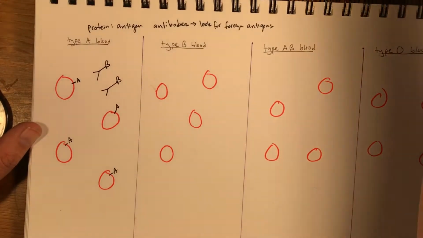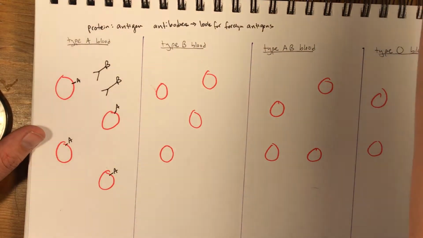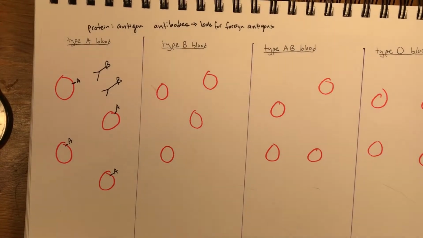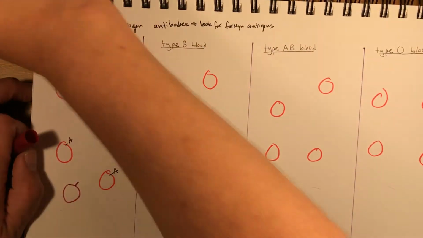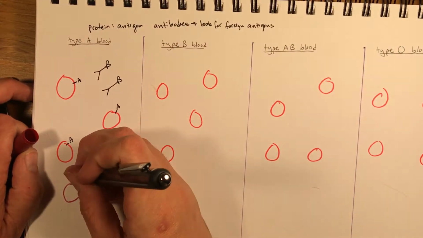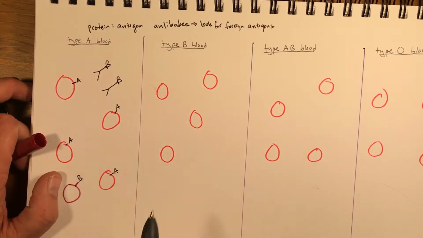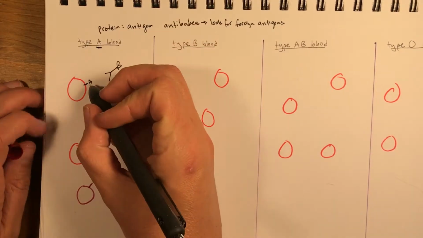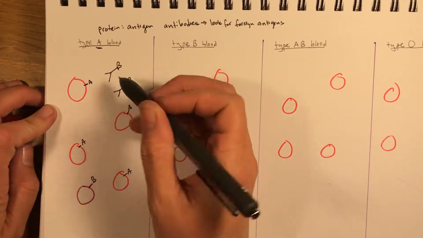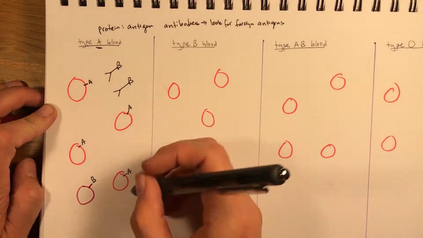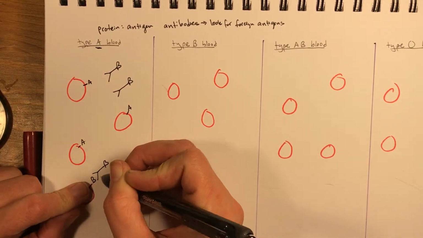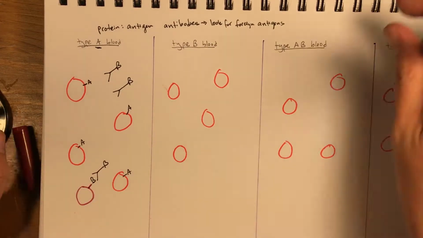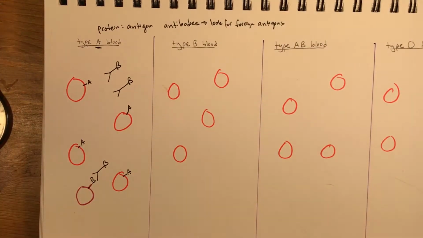Okay, so if somebody who had A-type blood got a blood transfusion, and suddenly they had a B blood cell, a blood cell that was labeled with a B antigen, well, the B antigen is not self. Somebody with type A blood has A antigens on their blood cells, and B antibodies floating around in their blood system, and anytime a B antibody tags something as having that B protein, that tells the rest of the body, oh my god, this is a foreign invader, get it out.